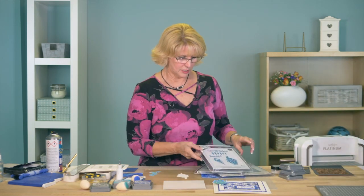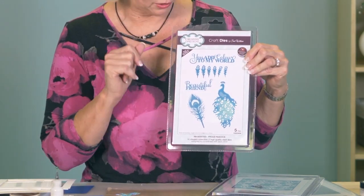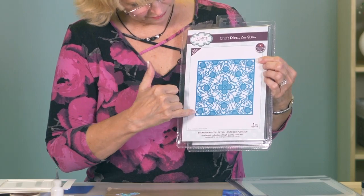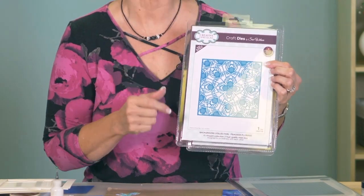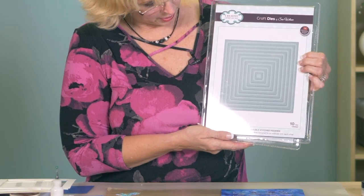And I'm going to show you how to put the peacock together too. We will be using a couple of different dies. This is the Proud Peacock set, and you can see here's the base of the peacock with the feather. So we're going to show you how to put that all together. This is the matching plumage background, and it's basically feathers. As you can see, it's quite a pretty design, but you can cut it out and use pieces of it too if you like. And we're going to be doing a frame with the double-stitched squares here from our Noble